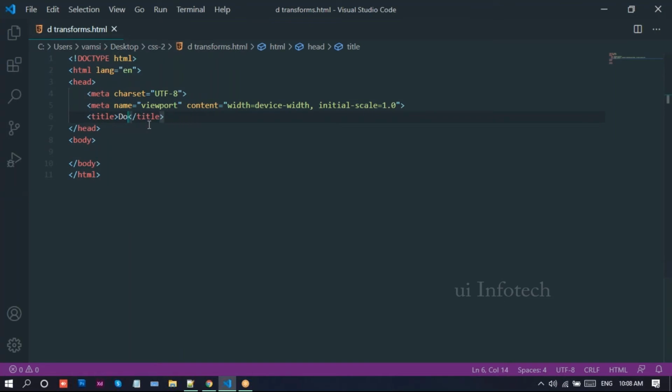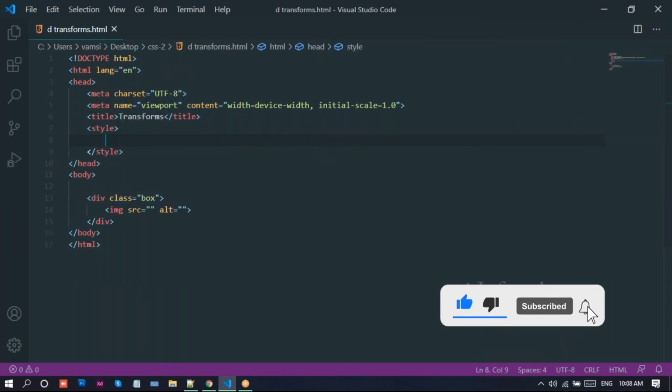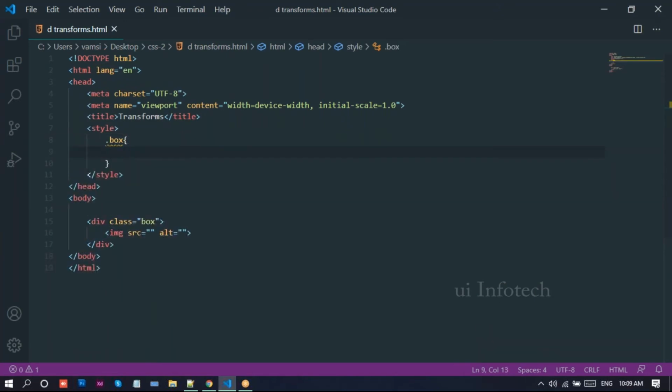So here I created this new program, and we can write transforms here. I'll take a box, and inside the box I'll take an image, with nothing in the image tag for now. I'll use an internal style sheet.